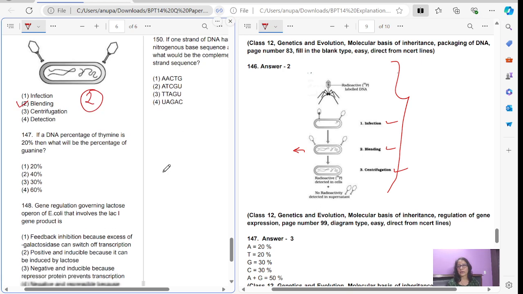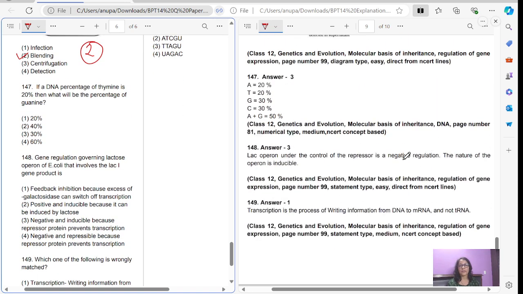Now let's move to the next question. Question number 147. It states that if a DNA's percentage of thymine is 20%, then what will be the percentage of guanine? Means in a DNA, the percentage of thymine is 20%. Then we have to find out